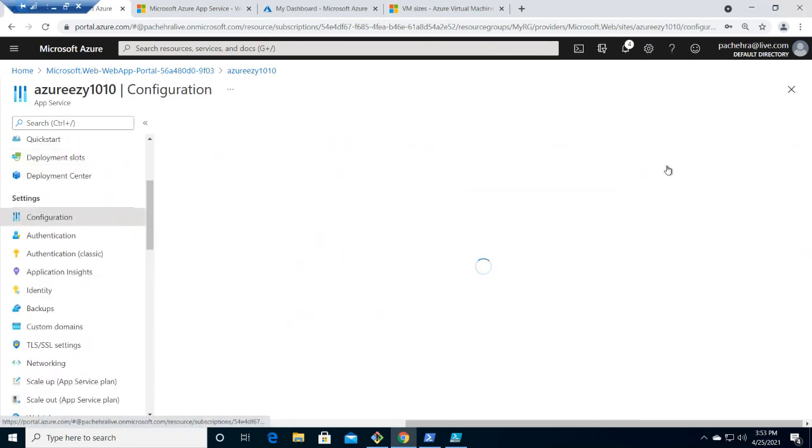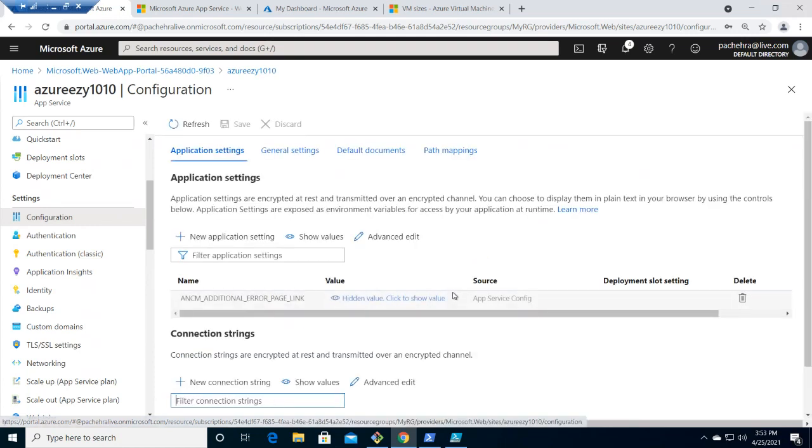If you hit the configuration, here you'll find all the common settings for web apps, mobile backends, or API apps. We'll also cover it in a demo in the future, where we put in the information of our storage account, the access key of our storage account, and fetch the image from the storage account to show through the URL of the app services. It will come in upcoming videos. This is just the beginning. We can also configure the connection string to hook up your app to the database.